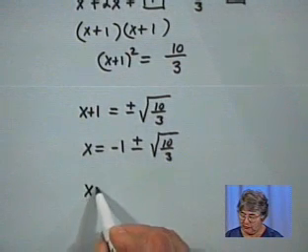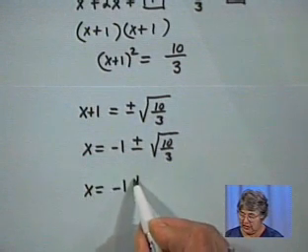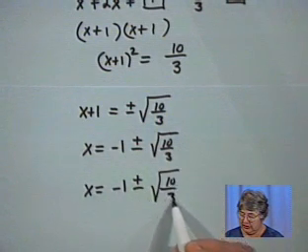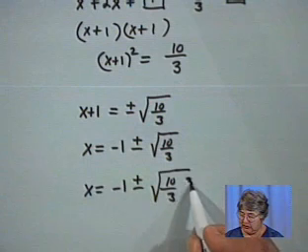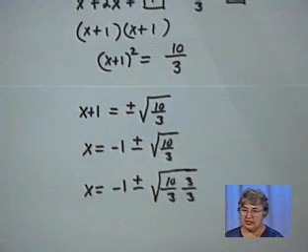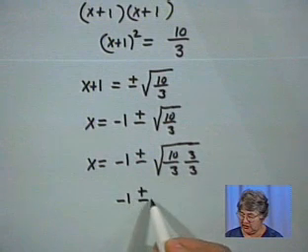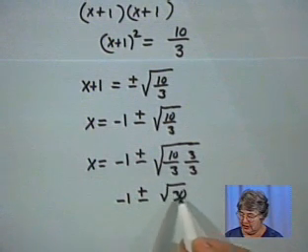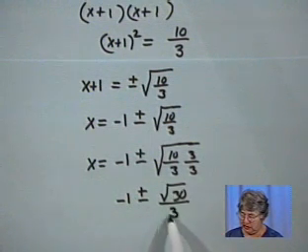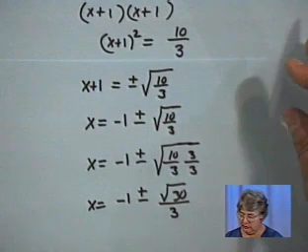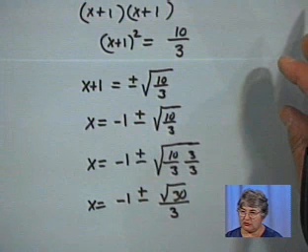Rationalize, and so let's take one more step. Plus or minus the square root of 10/3, if we multiply either inside or outside the radical by square root of 3 over the square root of 3, we will have minus 1 plus or minus the square root of 30 divided by the square root of 9, which is 3. And so we have found our solution. So we've used the method of completing the square